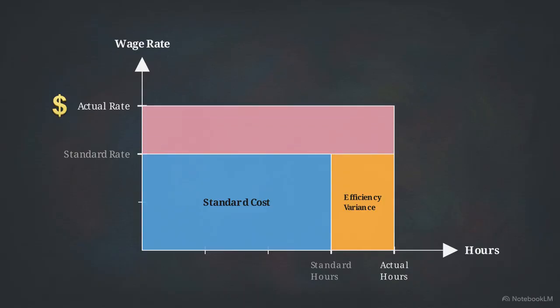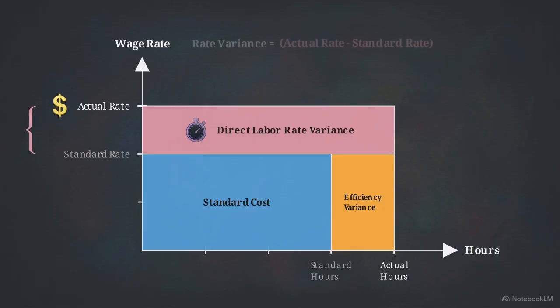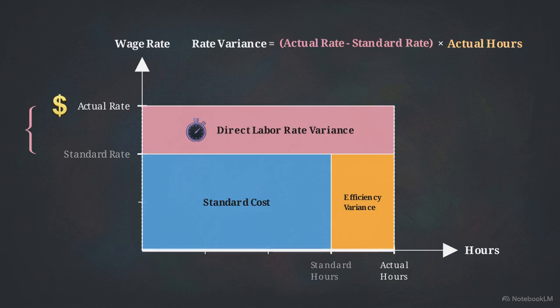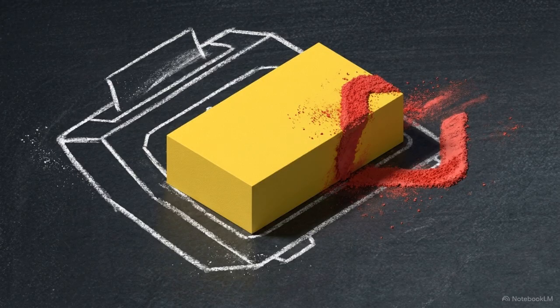Now we introduce the second variable. The actual hourly wage paid to the workers was higher than our standard expectation. The entire top edge of our shape shifts upward to the actual rate. This new horizontal block running across the entire top is the direct labor rate variance. We find this area by taking the actual rate minus the standard rate and multiplying that price difference by the